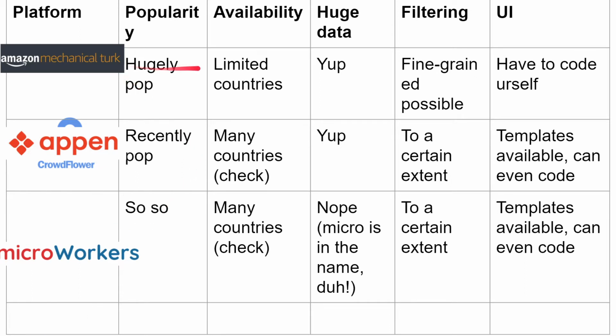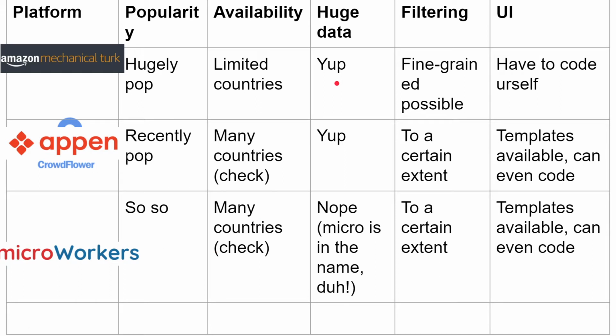The problem with MTurk is it is available in limited countries, not available in India, where I belong. We cannot use Amazon Mechanical Turk directly for launching an annotation. It requires some mix of SageMaker and it's very complicated, basically. So Appen is something which is available in many countries. Although I have to check exactly which countries, I haven't checked that, but in India it's available, and so is